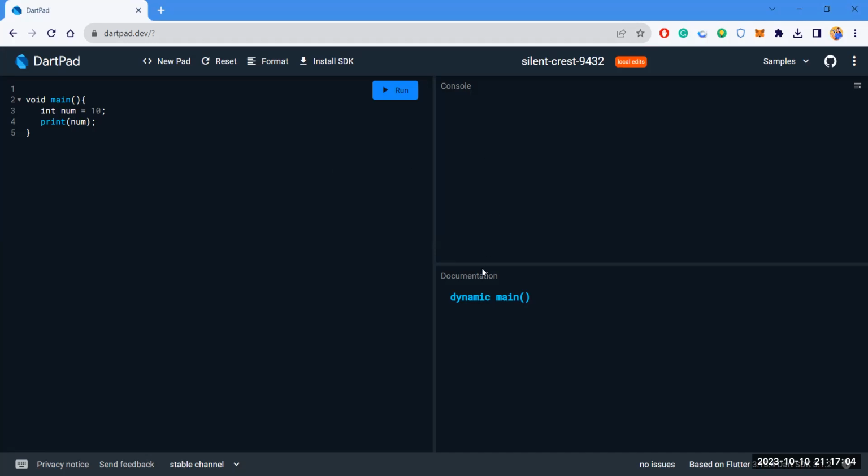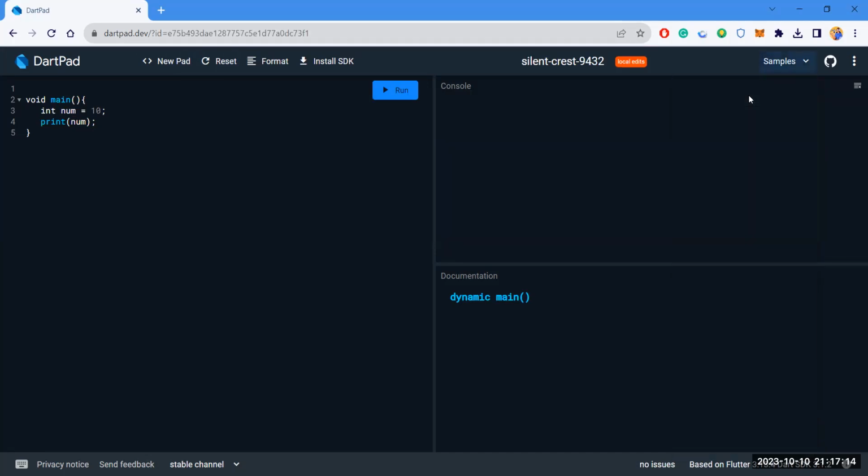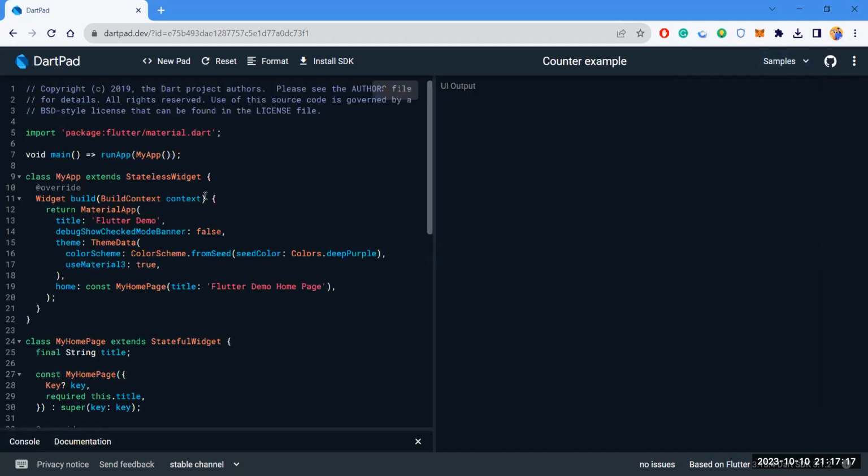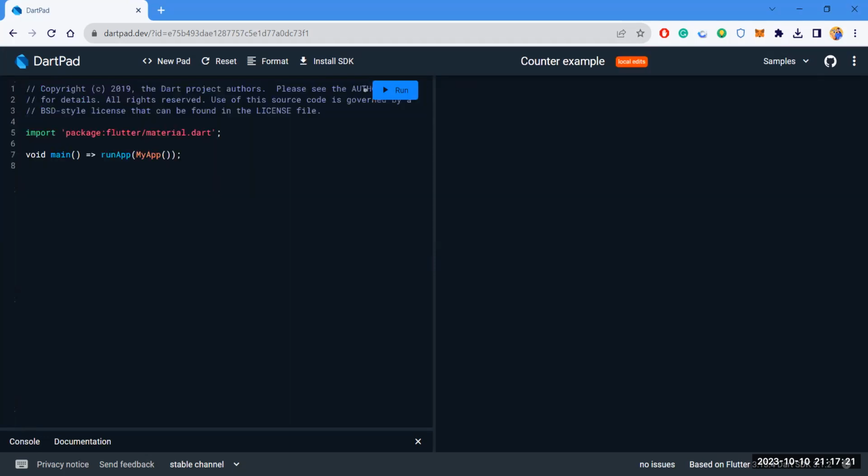Where is the output? Is this in the console? Okay, so clean it out, and then